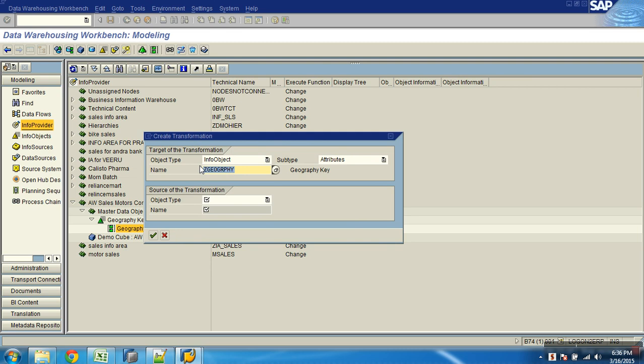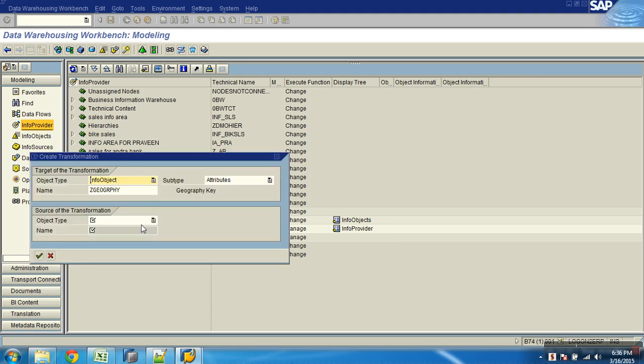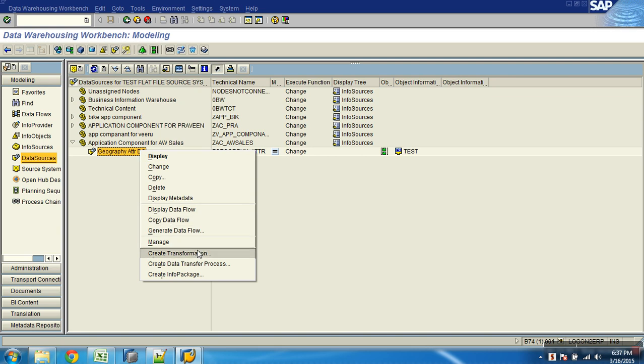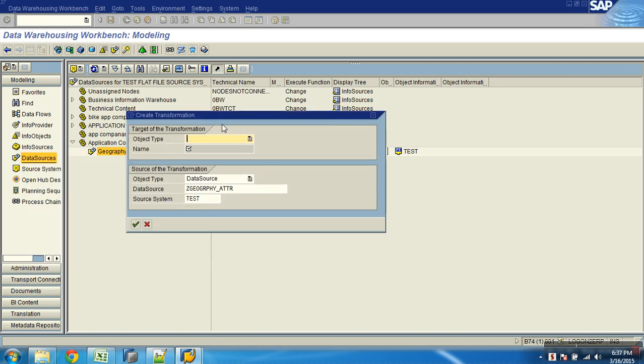Since I have right clicked on this attribute, it understands this as the target and is asking me for the source, the data source. If I go to the data source and right click and say create transformation, it takes the data source and now asks me the target.